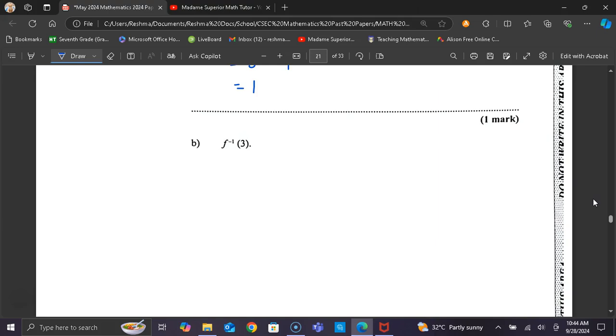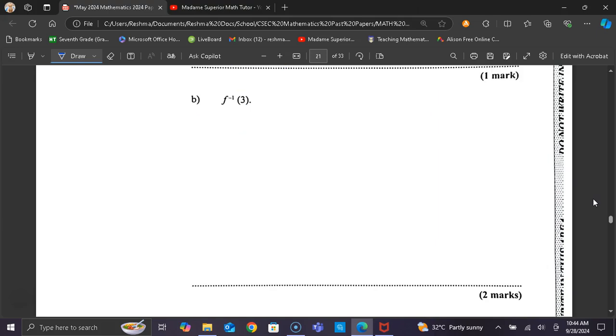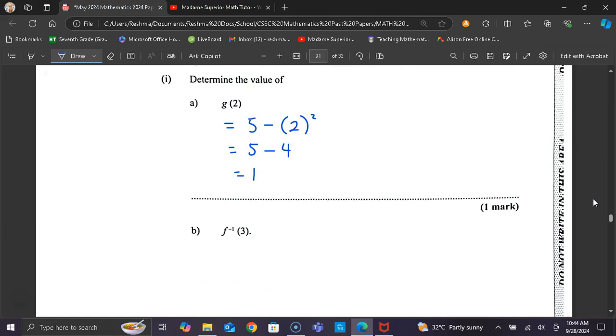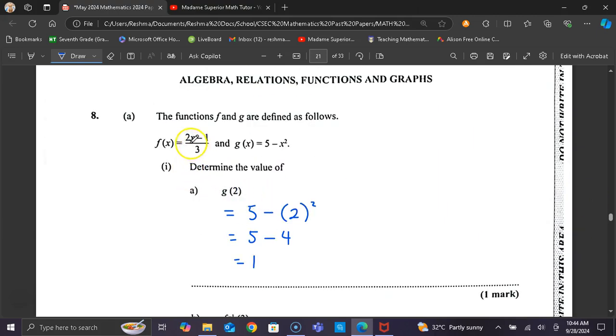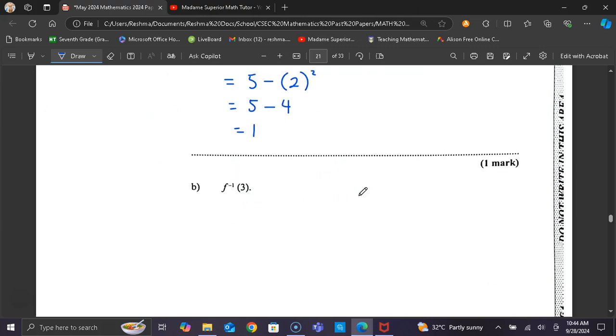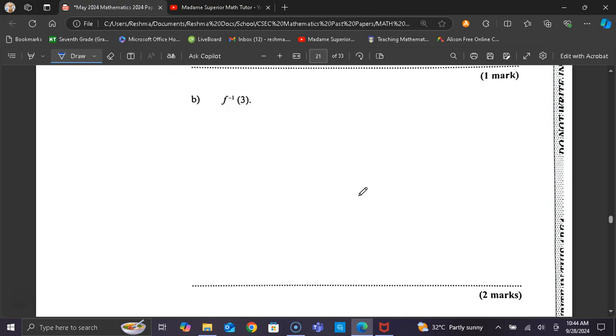Let's go on to part B. Part B, we have to find f inverse of 3, and that is worth 2 marks. Now let's look at f of x. f of x is equal to (2x minus 1) over 3. Since this is worth just 2 marks, to find f inverse of 3, we do not need to find the inverse function. If we let f inverse of 3 be equal to some value x,